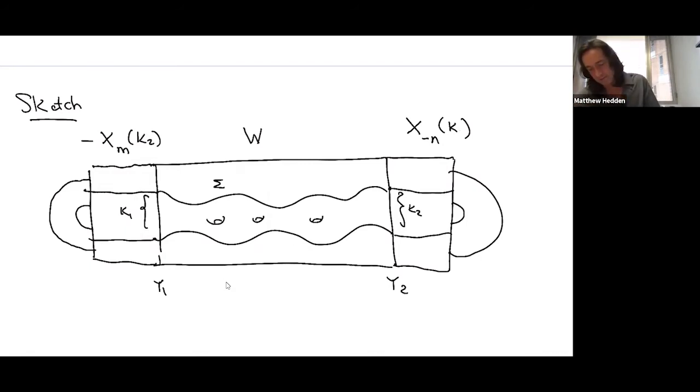And so it's then viewed as a cobordism between M surgery on K2. And I have my indices backwards. M surgery on K1 and the manifold Y1. Okay, so